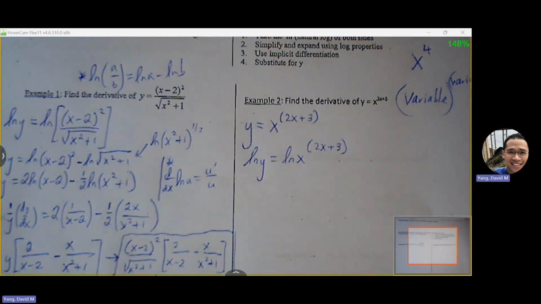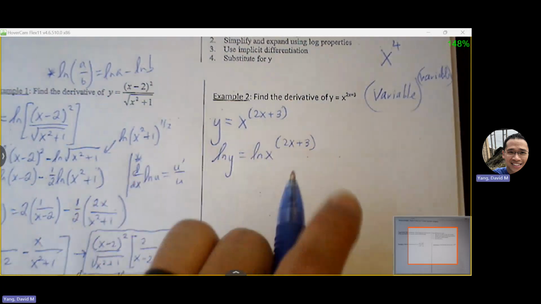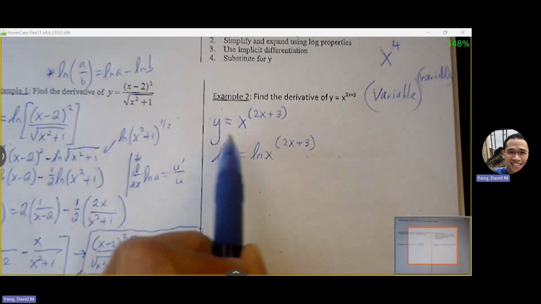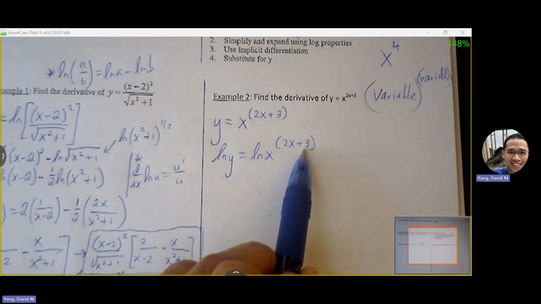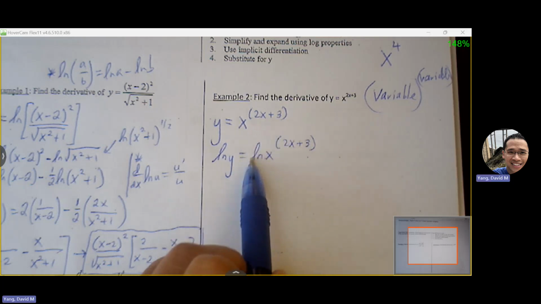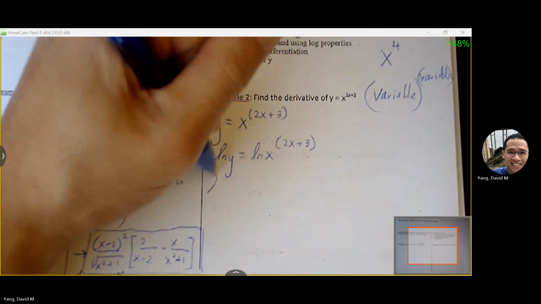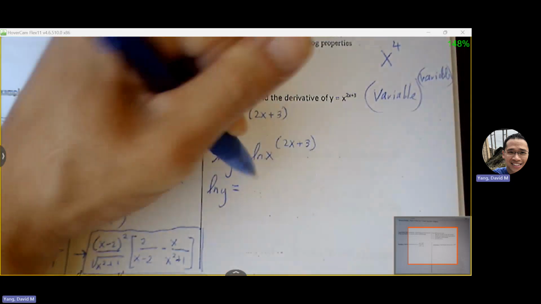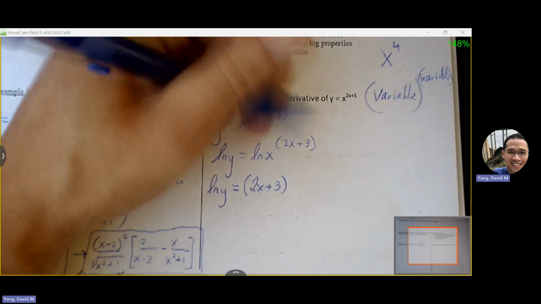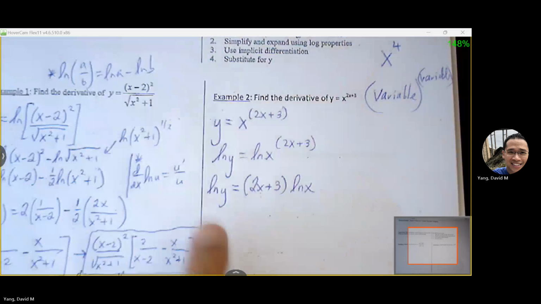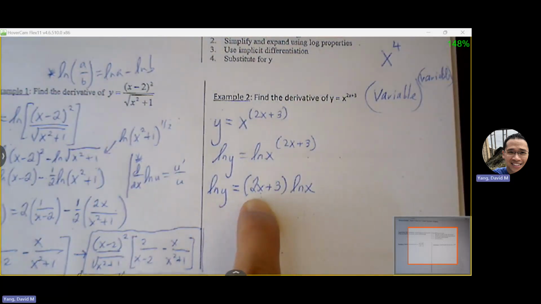Now that we have natural log introduced into our equation, where can we now put this 2x plus 3? Yeah, coefficient. Now this is the power property here, right? Normally, we can't just bring the exponent down, but because we're inside a log expression, we have that ability to do that. So once that 2x plus 3 comes down,